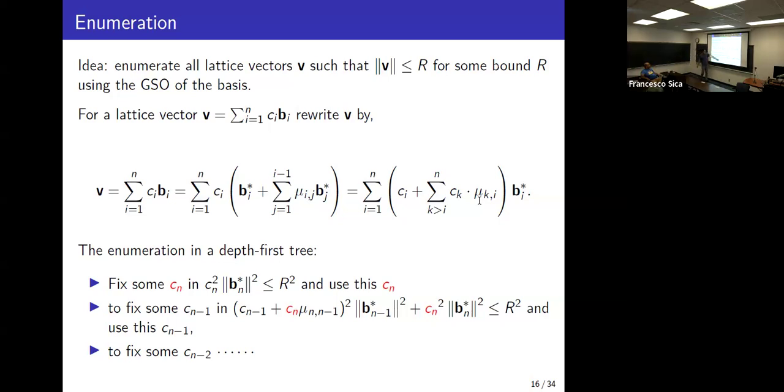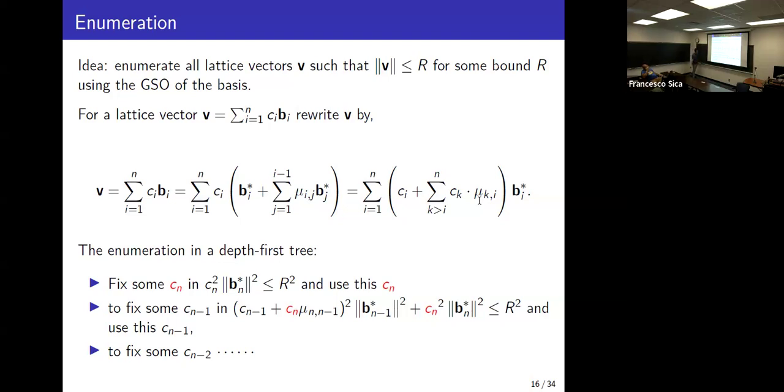And then the algorithm will go backwards to search all the choices for Cn minus 1, right? Everything else is fixed. The Cn, mu, B, and the Cn, they're all fixed. So I can find out a permitted range for Cn minus 1. So for example, if I fix this C1, there might be a permissible range for Cn minus 1 for each of these. And then maybe I'll fix this one. I'll do this tree search. I can have another range for Cn minus 2. And of course, this is only one branch of the tree. If you consider all of this, maybe it gives something like that.